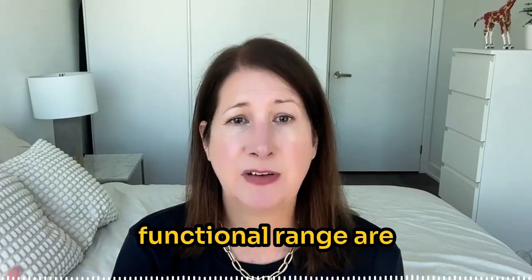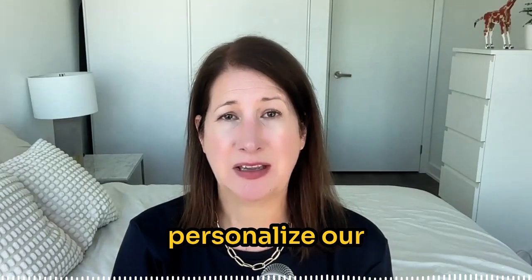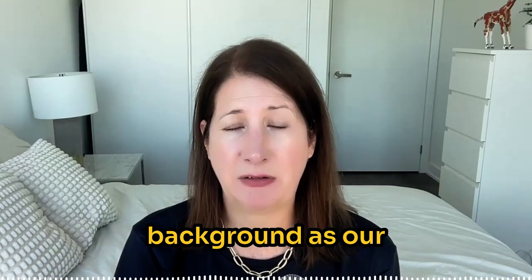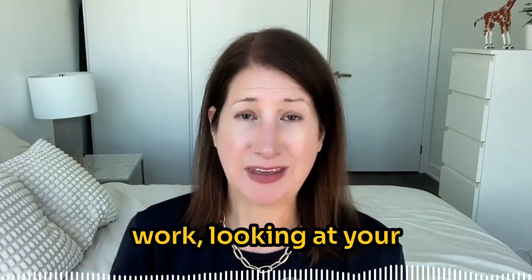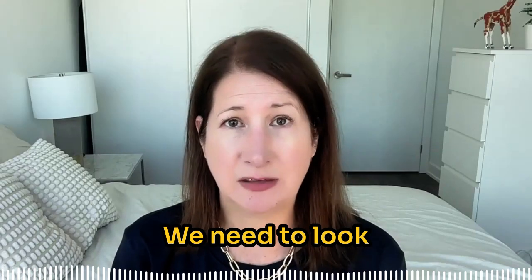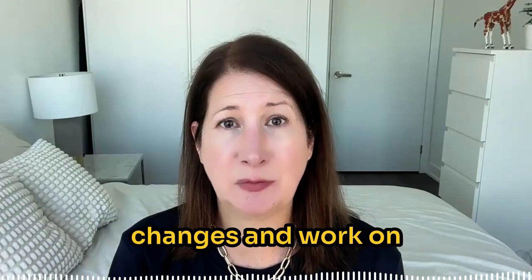And then these functional ranges are looking at patterns, and conventional medicine is going to miss this. And it helps us really personalize our care with our team. We have an OBGYN with a functional medicine background as our medical case reviewer. We have functional nutrition practitioners that review all of our testing, looking at blood work, looking at your health history too. It's not just about focusing in on all the blood work. We need to look at your symptoms. And then also the fertility mindset coach is actually helping you implement all these changes and work on your stress,